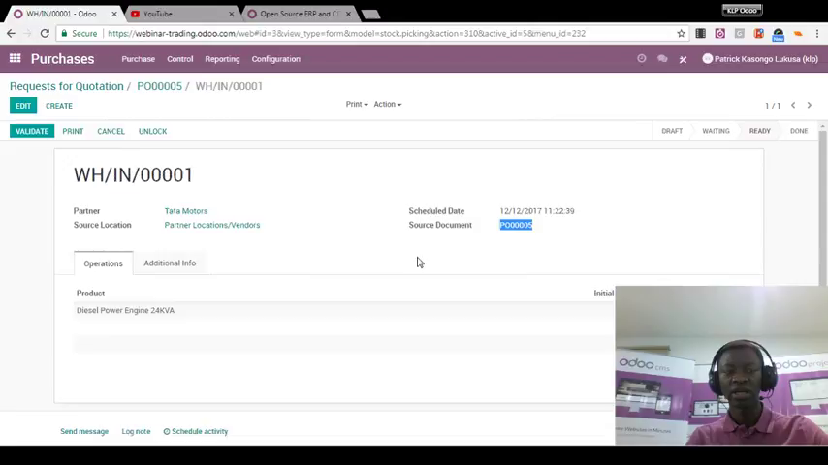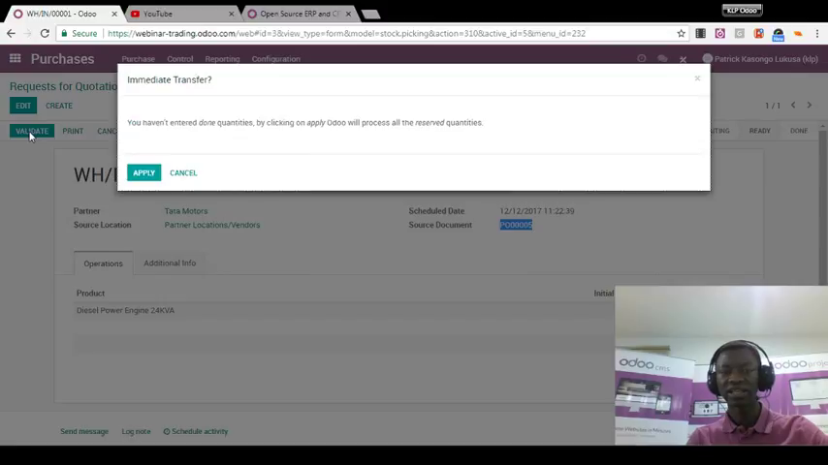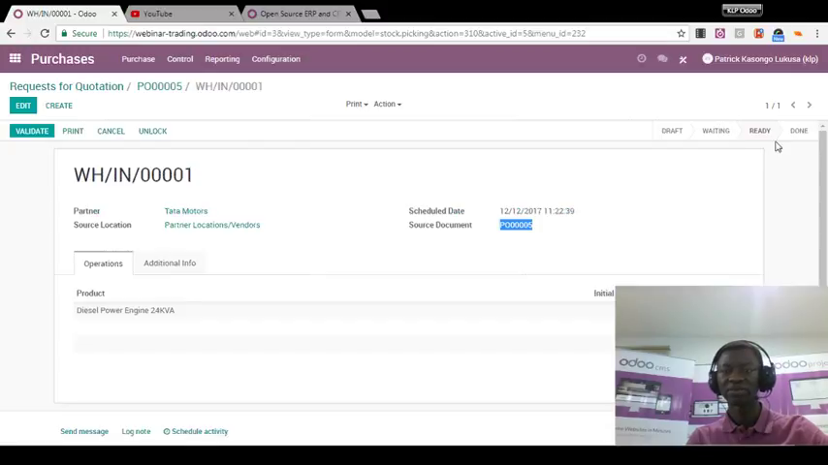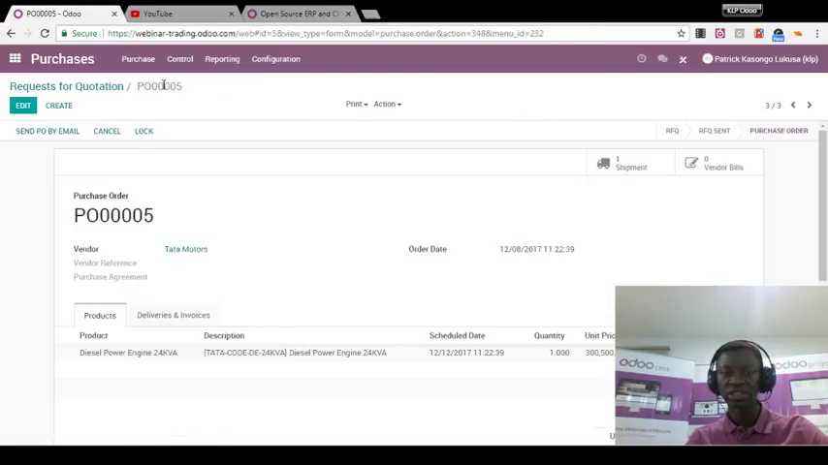I see the product and the quantity that I have purchased. Let's say tomorrow the diesel engine has been delivered. I can come here and simply validate the receipt of it. And Odoo will tell me that this product has actually been delivered, so it is done. If I go back to my purchase order, I will see that my shipment is here, but I can raise